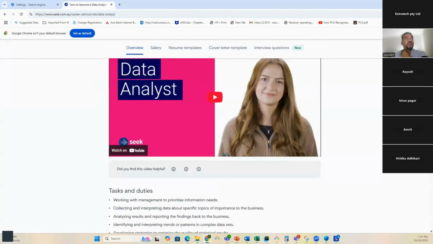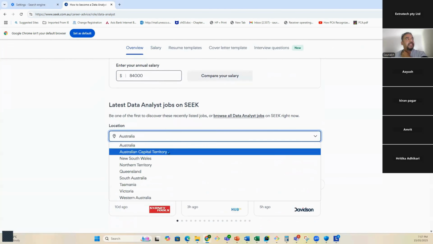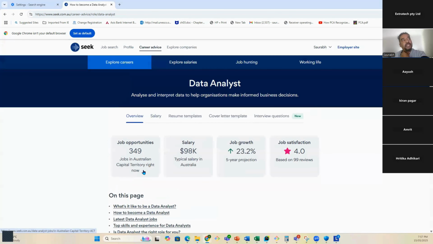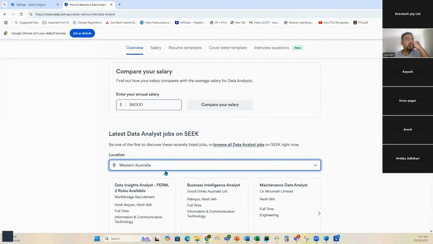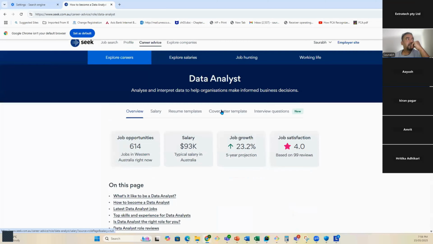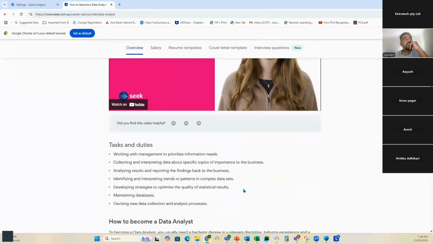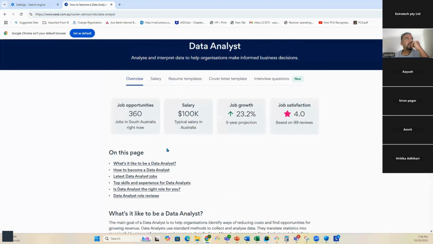The main jobs would be, let's say in ACT, how much is it? ACT is a bit less because ACT has 349 jobs, but let's talk about Western Australia. There are 614 jobs in Western Australia. And if we talk about South Australia, there are 360.